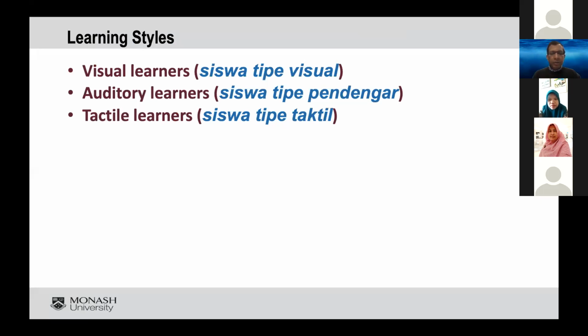So you can close your eyes and your lecturer might think you're not paying attention. You might be sitting in the last bench of the class and your eyes are closed and your lecturer might think you're not paying attention, but maybe you are more attentive than others because you are an auditory learner. And in order for you to learn and concentrate, you need to close your eyes, sit at the back, and look like you're not paying attention, but you're actually learning much better than others. You don't know that. Tactile learners are those who are more physical, etc.